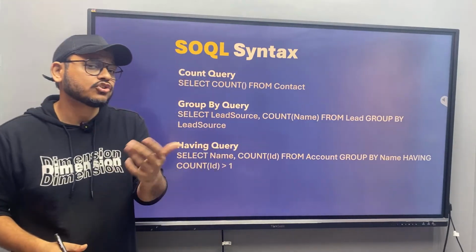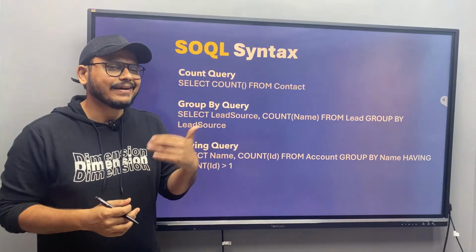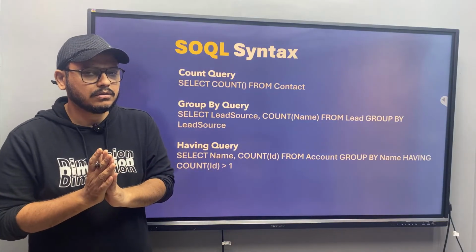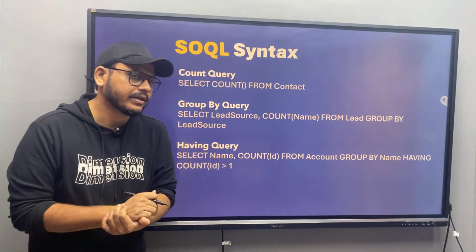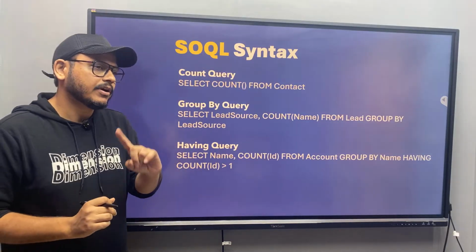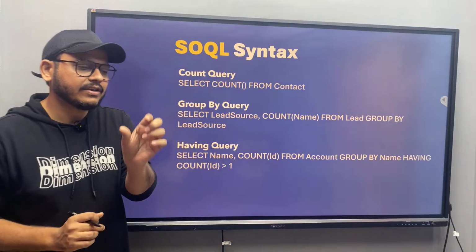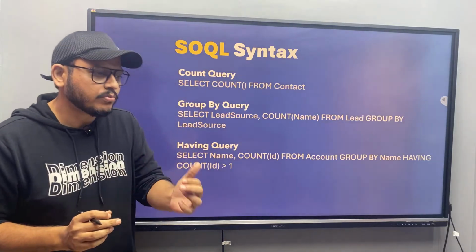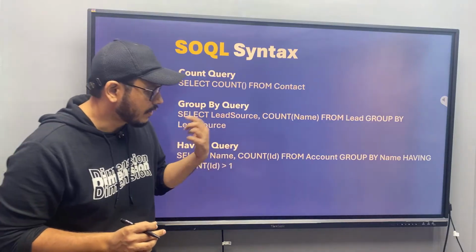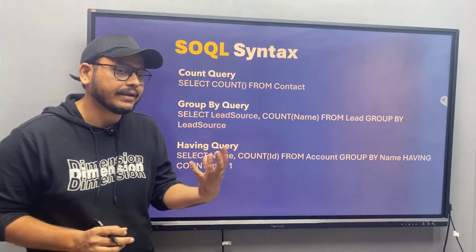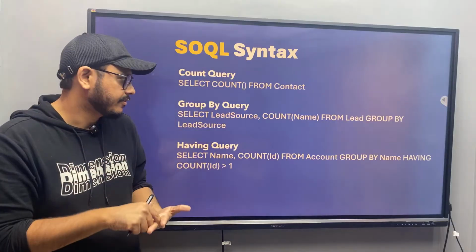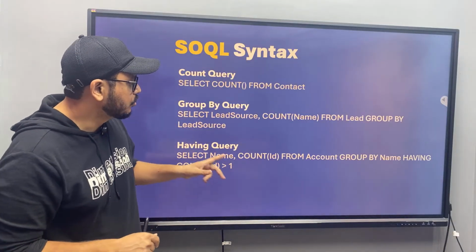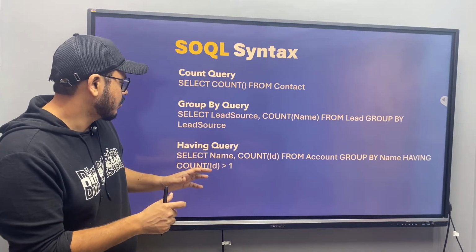The where clause also lets you add a criteria to the query and return the records, but the condition we were adding with where was on the value itself. Now if I want to check the criteria on the aggregate, if I want to say show me only those categories or